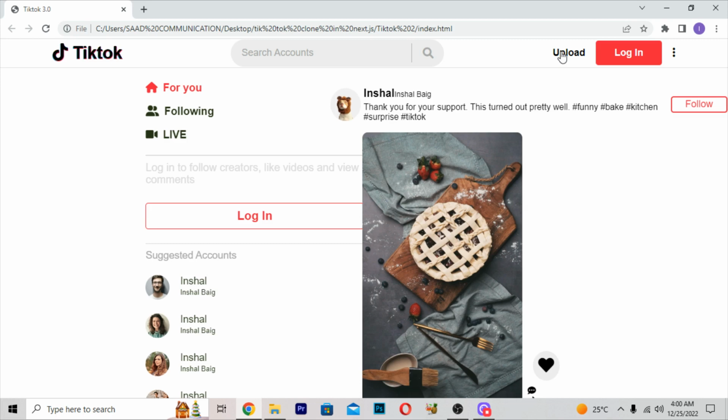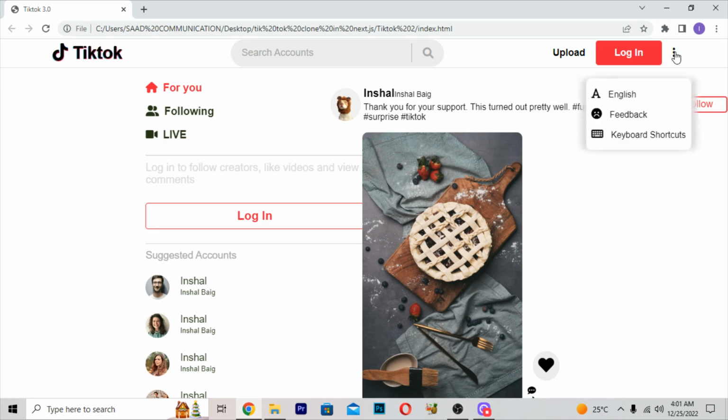Then as we move to the right, we are getting an amazing login button, which looks awesome. We have put a background color on this login button, but I have not put any hover effect on every button which we have built, because I don't think we have to style so much. I was making it simple so you can understand how to build this amazing TikTok using Next.js 13, and it should be simple for the beginner. Because of that I have not put so much hover effect on every button.